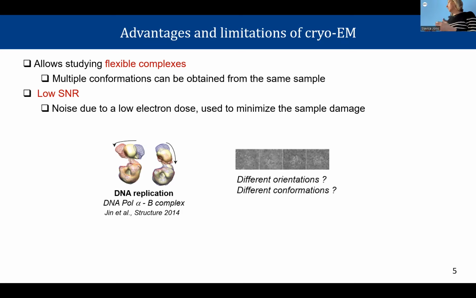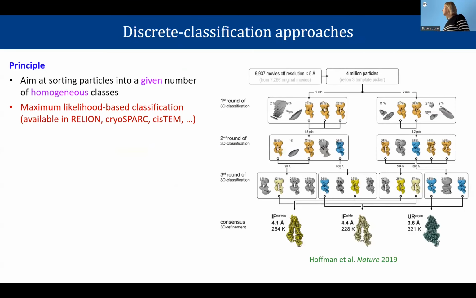This induces a lot of noise, and in this noise, you now want to distinguish different orientations and different conformations. Okay, so classical approaches are still used, and people should continue to use them, of course,